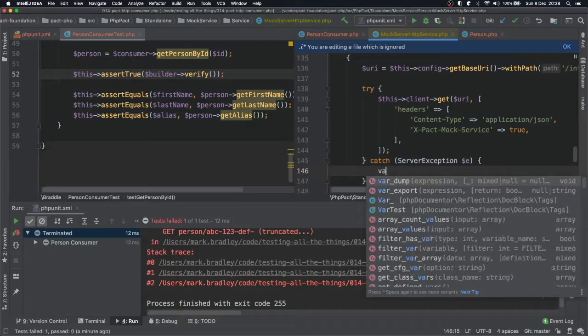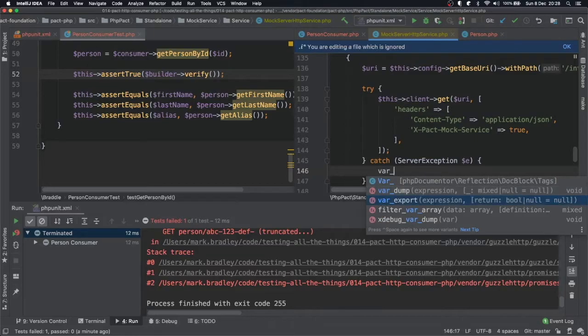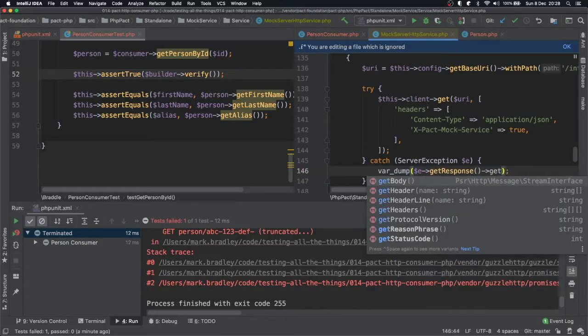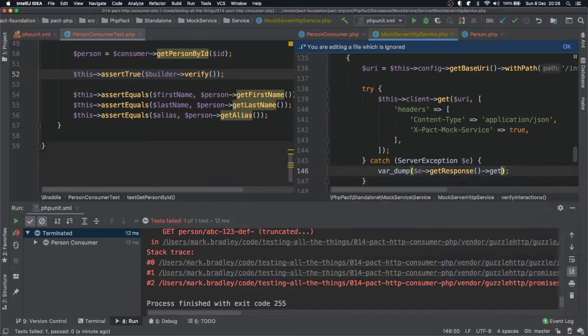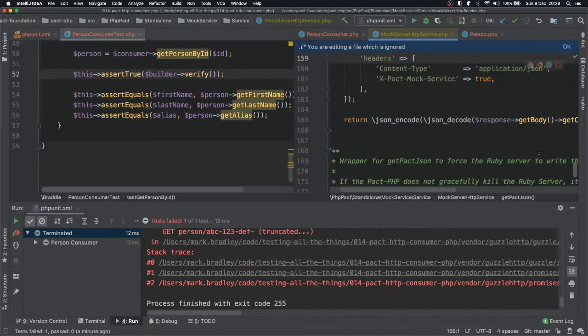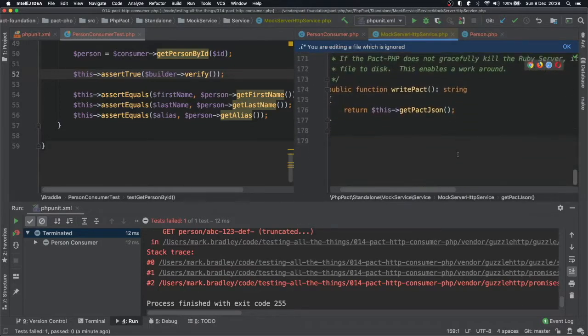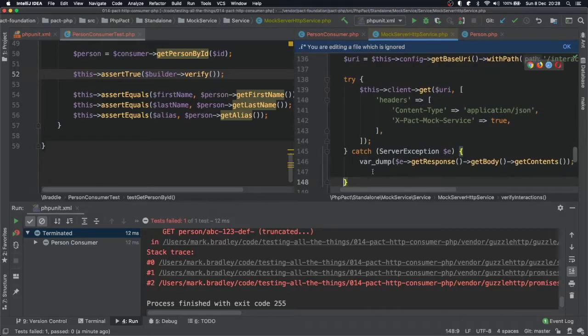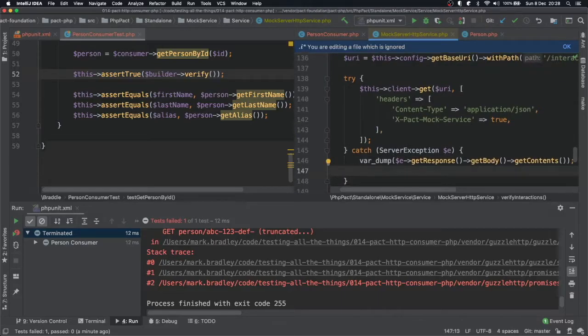What you can then do is var dump, just to get the $e get response get body, and then get content to get string, and then just to ensure we implement, we need to return a boolean, so this will be false because it breaks, so return false. There we go. Okay, so now if we run that again,